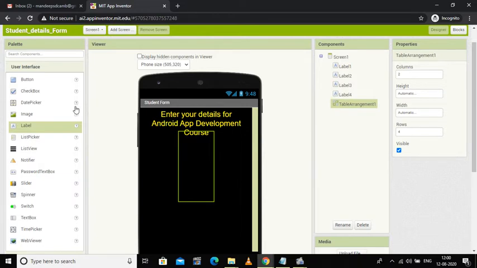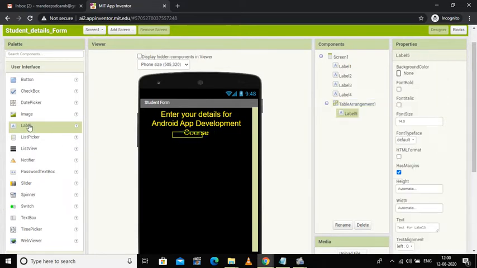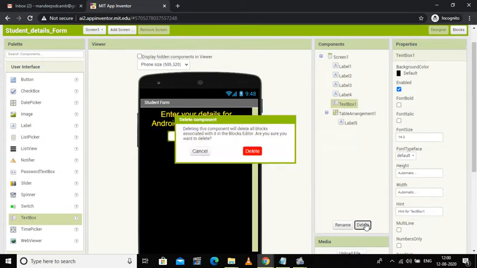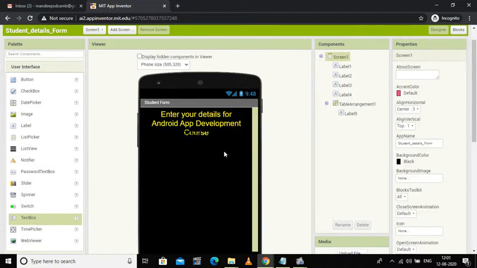First of all, for these details I want the name of the student. So for name I am going to have one label here, and then one text box. Delete it. I have to put this text box in the table part here.